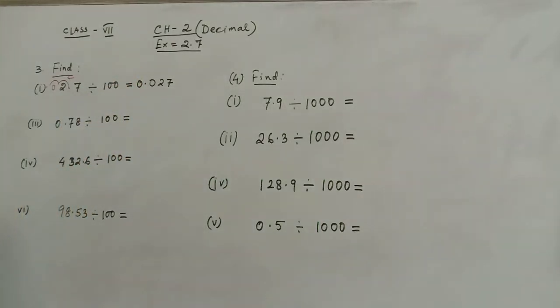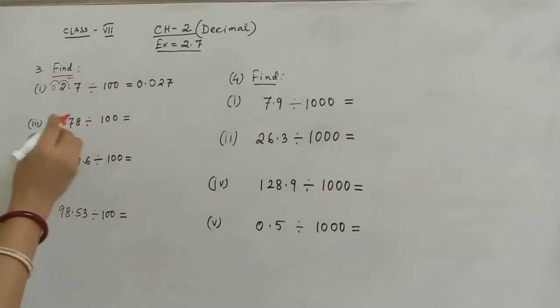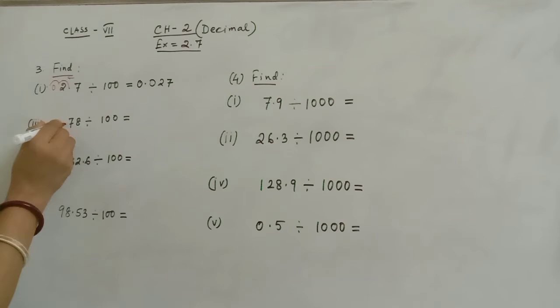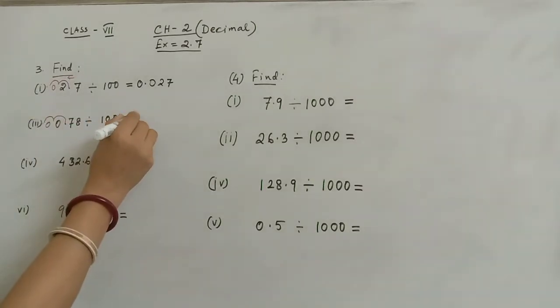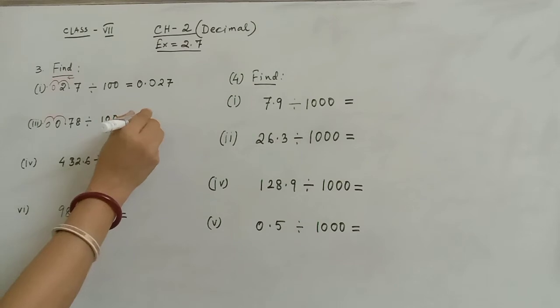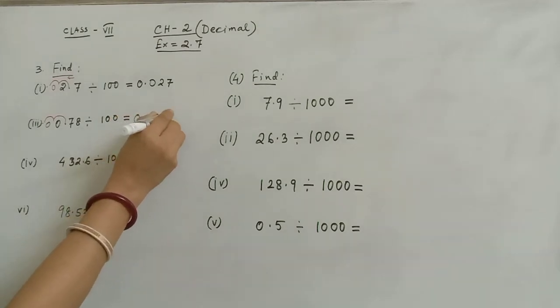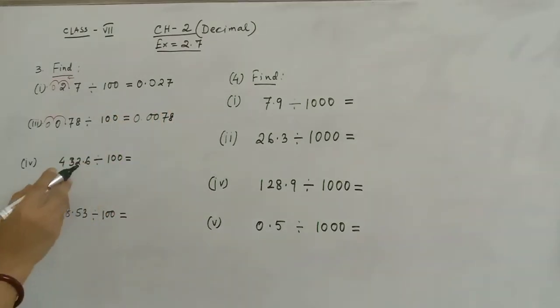0.027. As the whole number is not there, you need to write 0. Same here, it is 0.78 divided by 100. You have to take this one from this place and then another one. Then the point will come here, and this place also you have to fill with a 0. Then it will be 0.0078. The same way you will divide